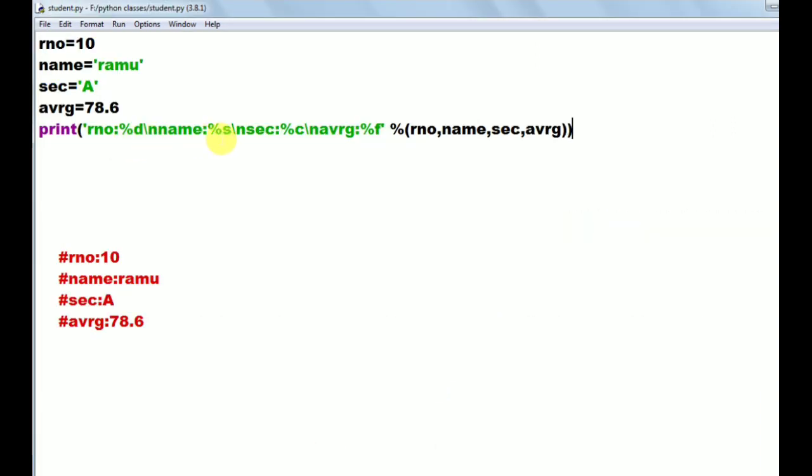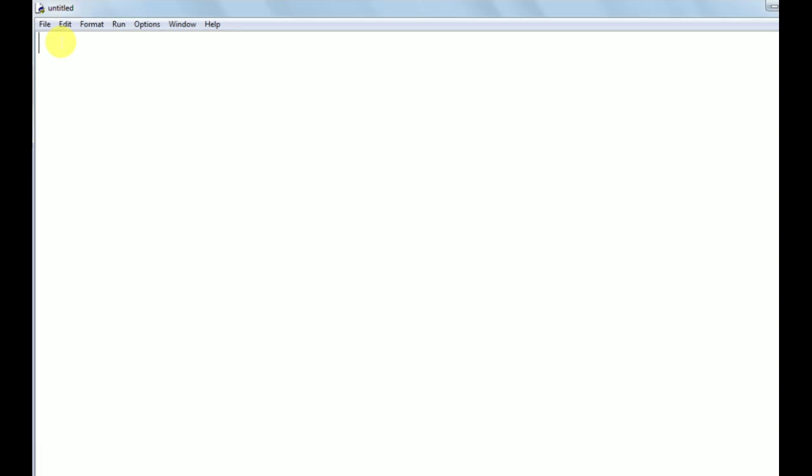Now similarly, I want to use %o and %x also. So I am taking a variable x equals 30. I want to print the octal value and hexadecimal value of 30.